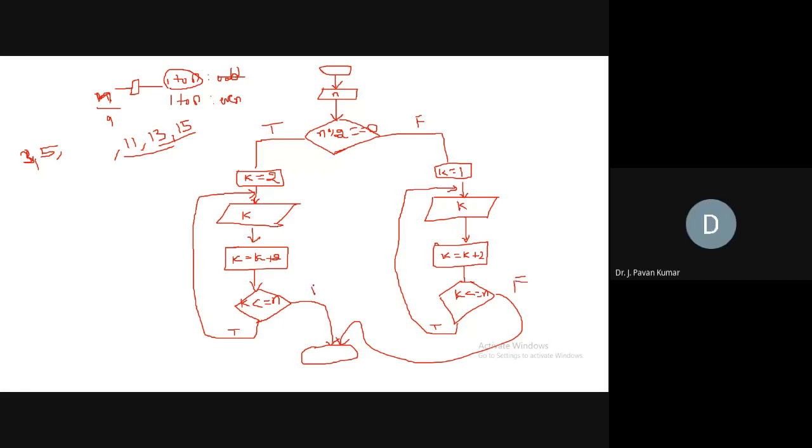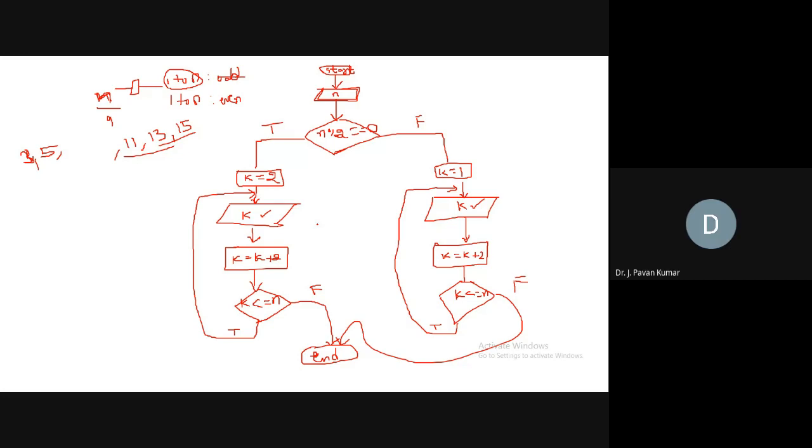Okay, note this down. I hope you understand. A parallelogram is used either for taking input or displaying output. In this context, we are displaying. Here also we are displaying. Here the parallelogram with n means we are taking the input. Okay, this is start.